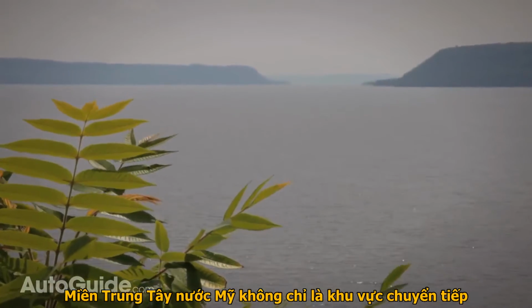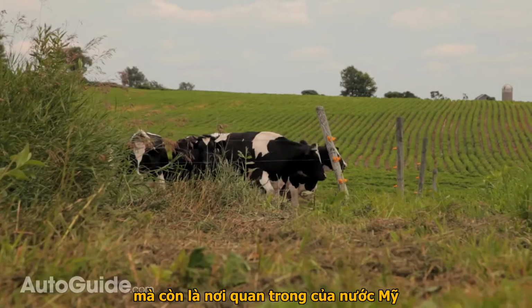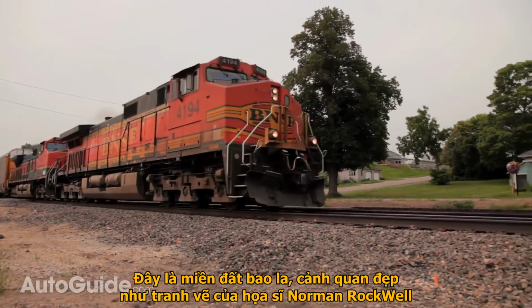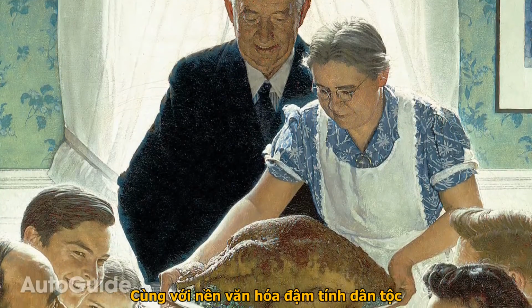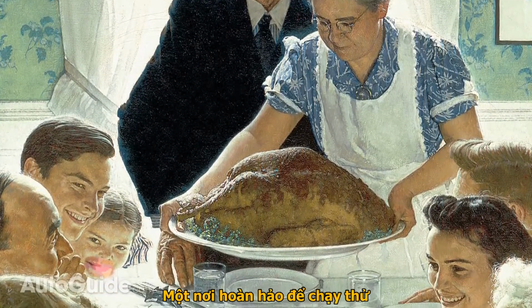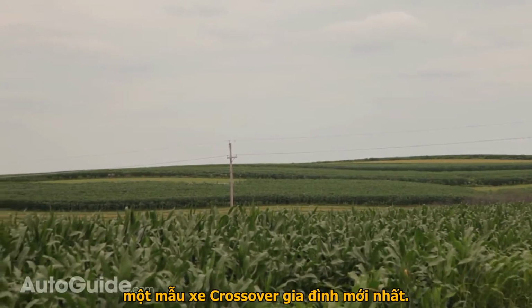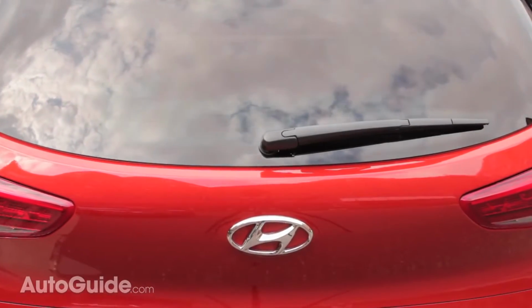The Midwest is more than just flyover country, it's America's heartland. A place of boundless possibility, striking natural beauty, and hometown values. It's like a Norman Rockwell painting come to life. For these reasons and more, it's also the perfect place to sample a family-friendly crossover like the all-new 2016